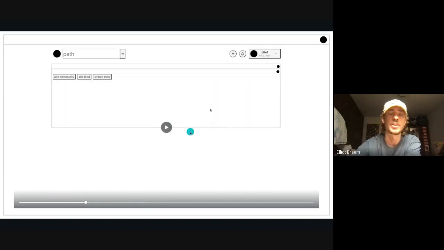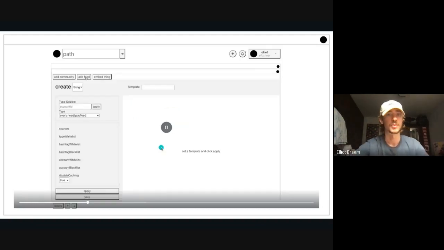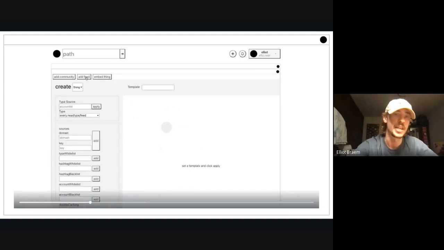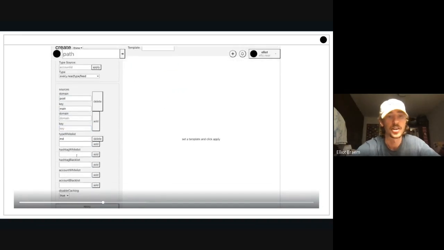So things can be built on top of. One plugin here is the build plugin, and you can specify what type of things can be built on specific types. So I have my own everything, and right now I have an option of creating my own feed. So I'm going to create a feed, which is going to follow the post main index. It's going to have a markdown type. I could designate hashtags, but I'm just going to set the account that I want to follow.